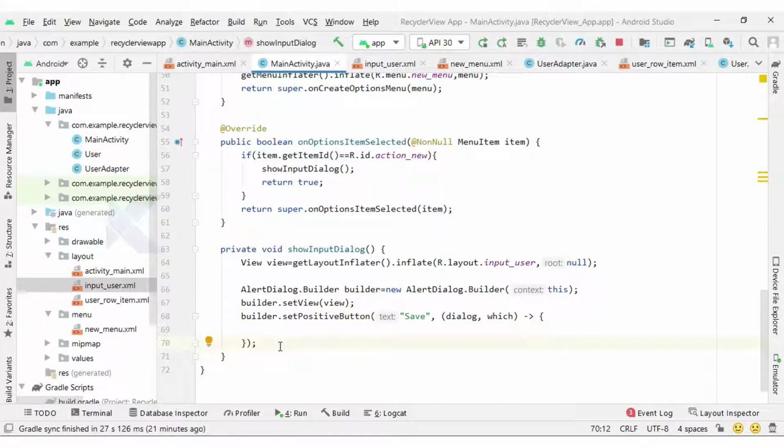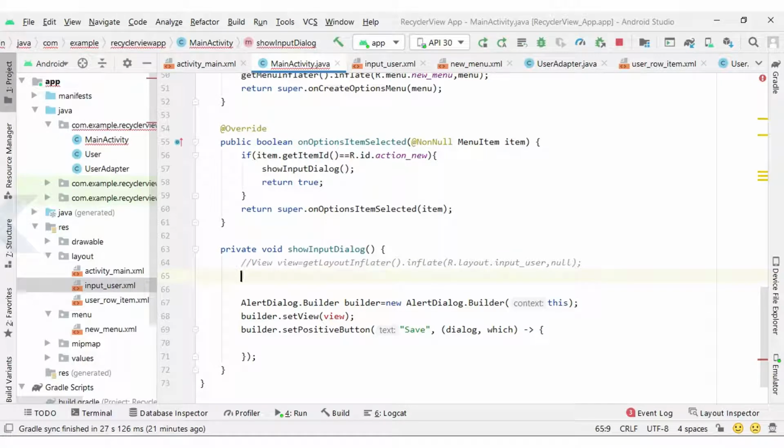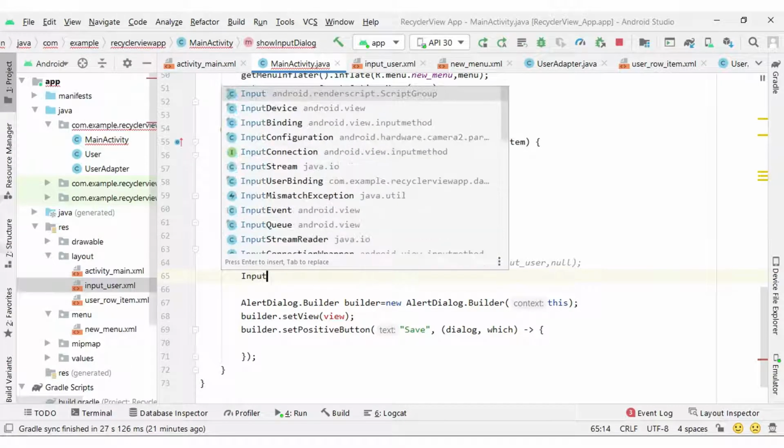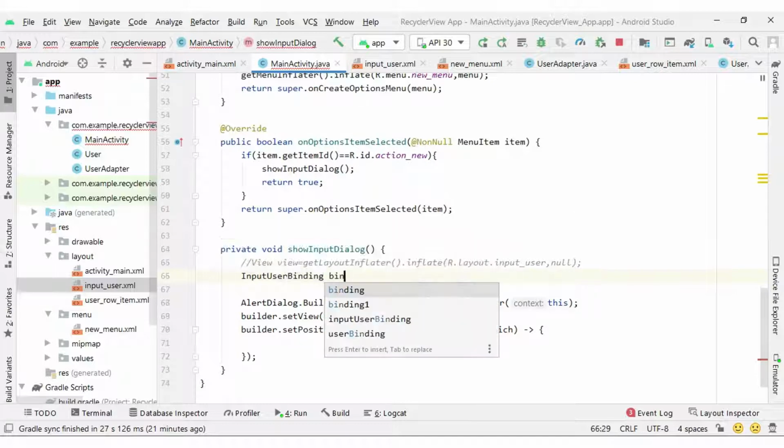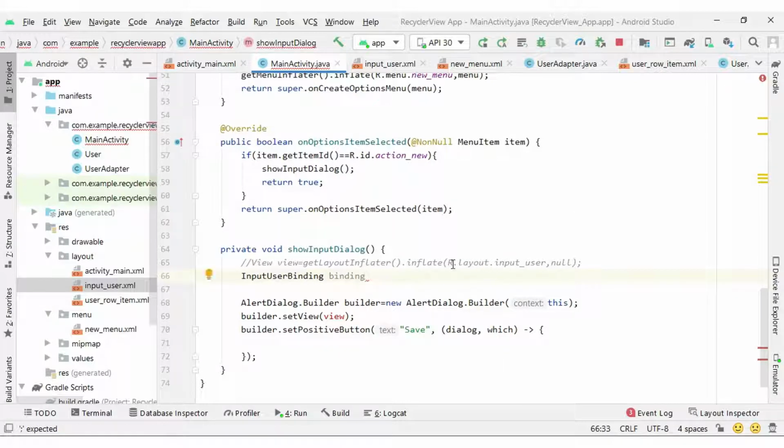So that will be the positive button. Okay, here we can improve the coding. Instead of creating the view, we can have binding. So what is the binding instance? We will get the view binding class InputUserBinding, because you can see R.layout.input_user is our layout name.